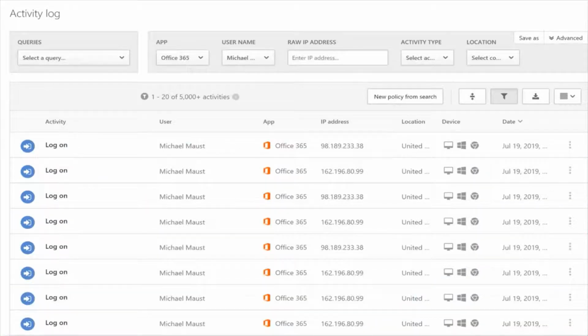So taking a look here at the Microsoft Cloud App Security activity log, we can see that our student, Michael Moss, has been attempting to access an application by the name of Office 365 from a series of different IP addresses. From here, we can also see the location from which this student was originating, the United States,